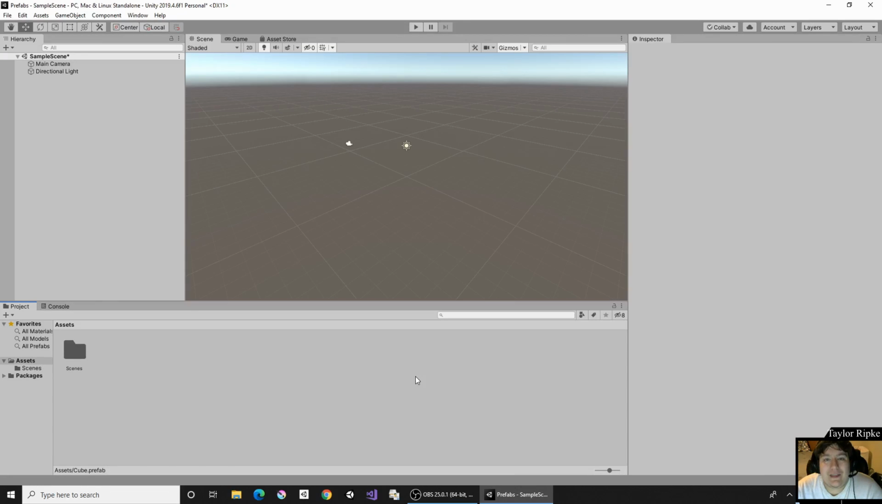Hello! In this Unity tutorial, I wanted to cover the concept of a prefab. So a prefab inside of Unity is a type of reusable asset. Any object inside of Unity can be created as a prefab. Prefabs are really nice because any instance that you create of the prefab is going to share the properties of